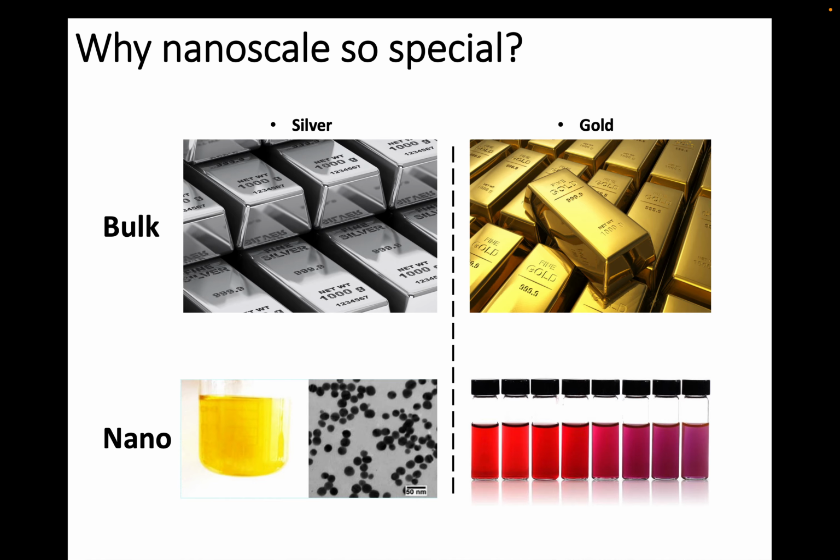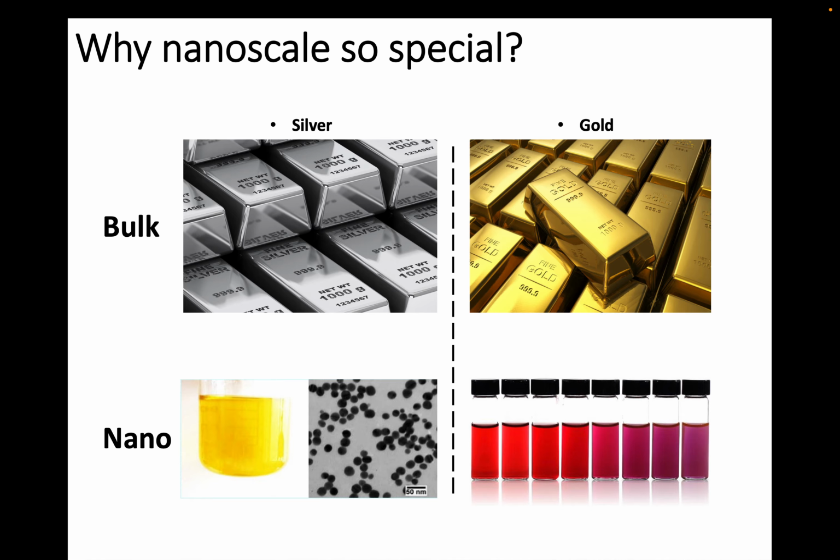For example, this is a silver nanoparticle, the diameter is only about 20 nanometers. If you disperse it in water and look at the color, it is no longer silver color, I mean, our common way of defining silver color. This is silver, but the color is more like a yellowish, right?